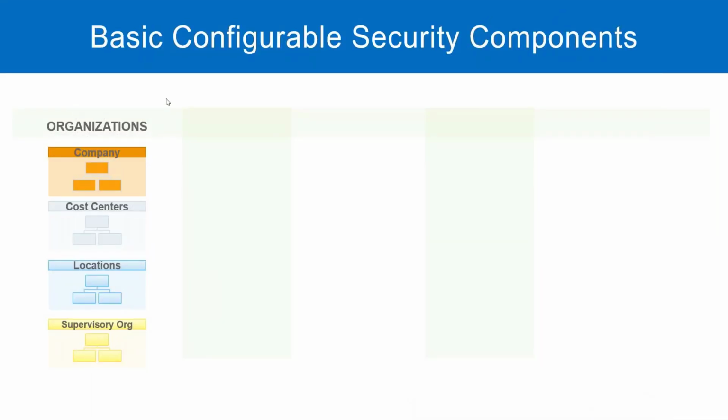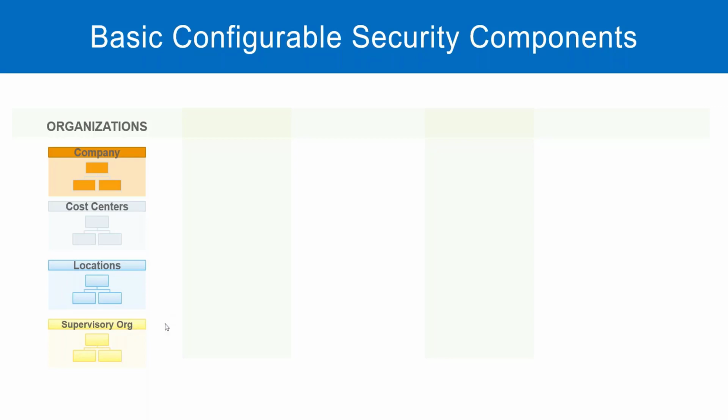We have seen these organizations, right? We have seen that there are different types of organizations in Workday, like company, cost centers. Location is not typically an organization, or location is not something that has configurable security, right? So which is the component that has configurable security in locations? Location hierarchy. Yes, location hierarchy, because location does not have any security configuration. So let's just assume that this is location hierarchy, and then we obviously have supervisory organization, which has